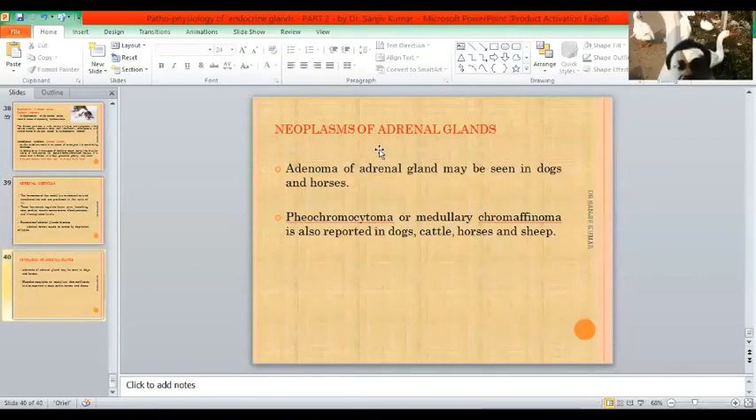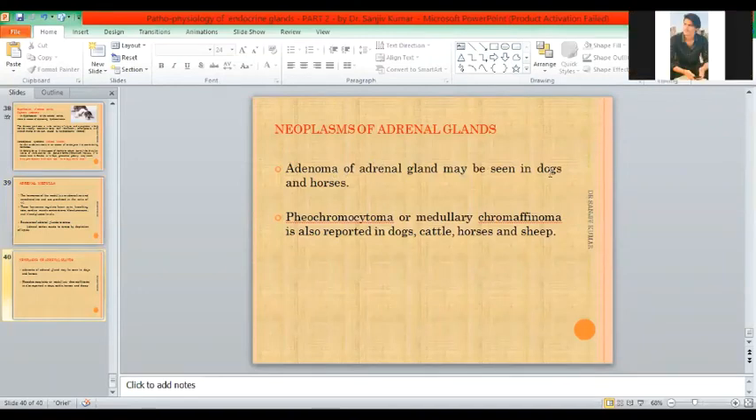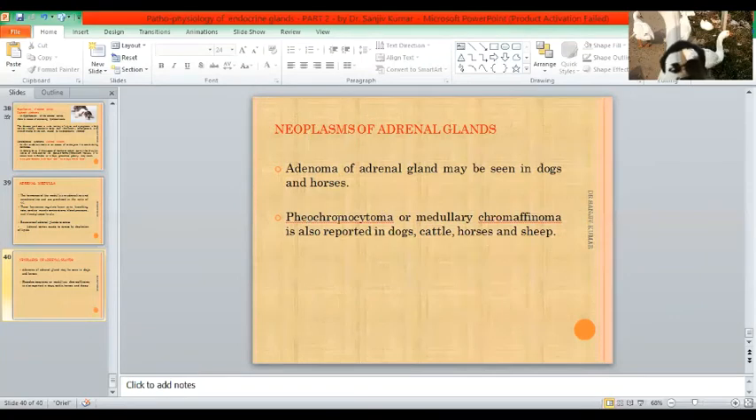And the important tumors of adrenal glands are adenoma, which is seen in dogs and horses. And this term is also important from objective point of view, pheochromocytoma or medullary chromaffinoma. Pheochromocytoma or medullary chromaffinoma, it is being asked in objective, is also reported in dogs. It is basically a case of humans, but it can also be seen in dogs, cattle, horses, and sheep. So this was all about